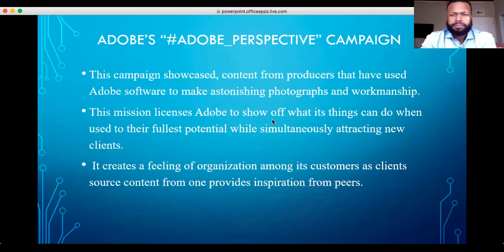The next campaign that I looked at was Adobe's Perspective campaign. This campaign showcased content from producers who used Adobe software to make astonishing photographs and artwork. This mission allows Adobe to show off what it can do while simultaneously engaging new clients. It creates a feeling of community among its customers, as clients source content from one another and provide inspiration to peers.